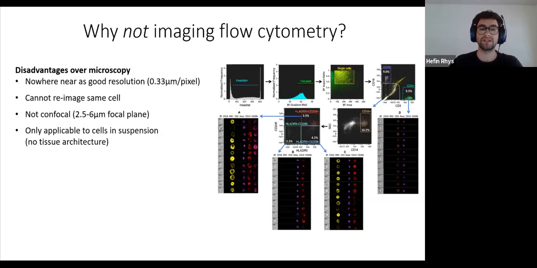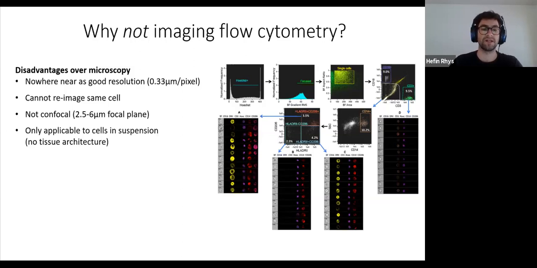You can't re-image the same cell. Once it's passed through the interrogation point, it's gone to the waste. And the imaging is not confocal. So you're not taking a super fine focal plane through the cell like you can using a confocal microscope. The best that we can do on the highest magnification that we have is a 2.5 micron wide focal plane